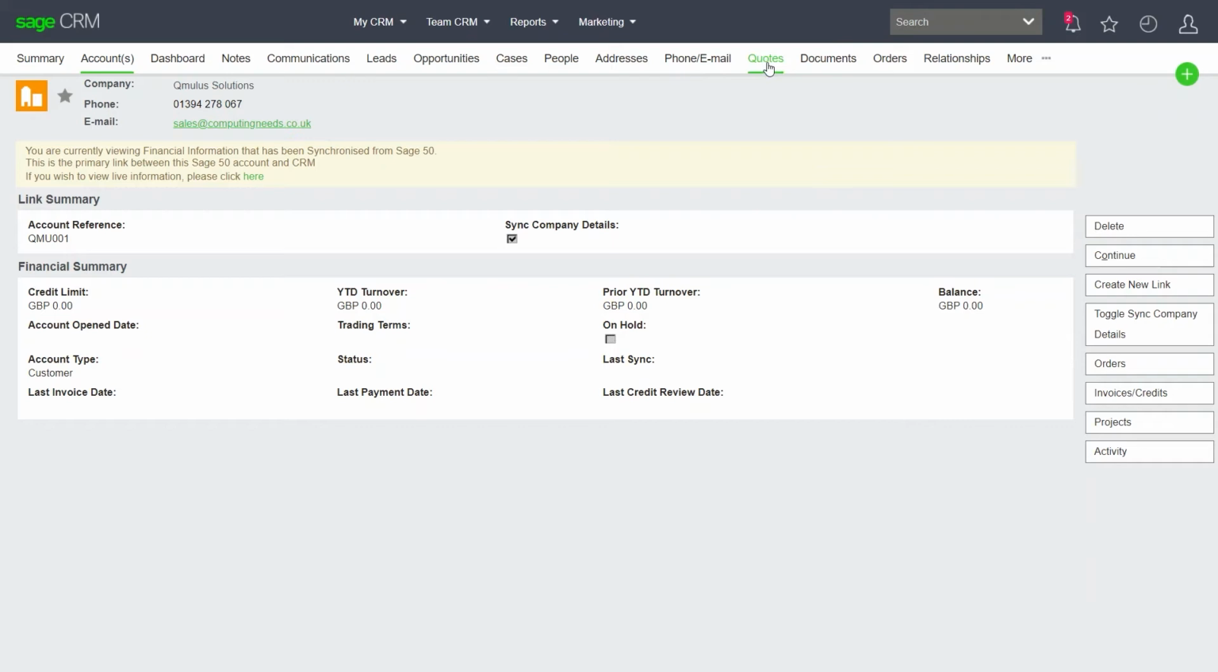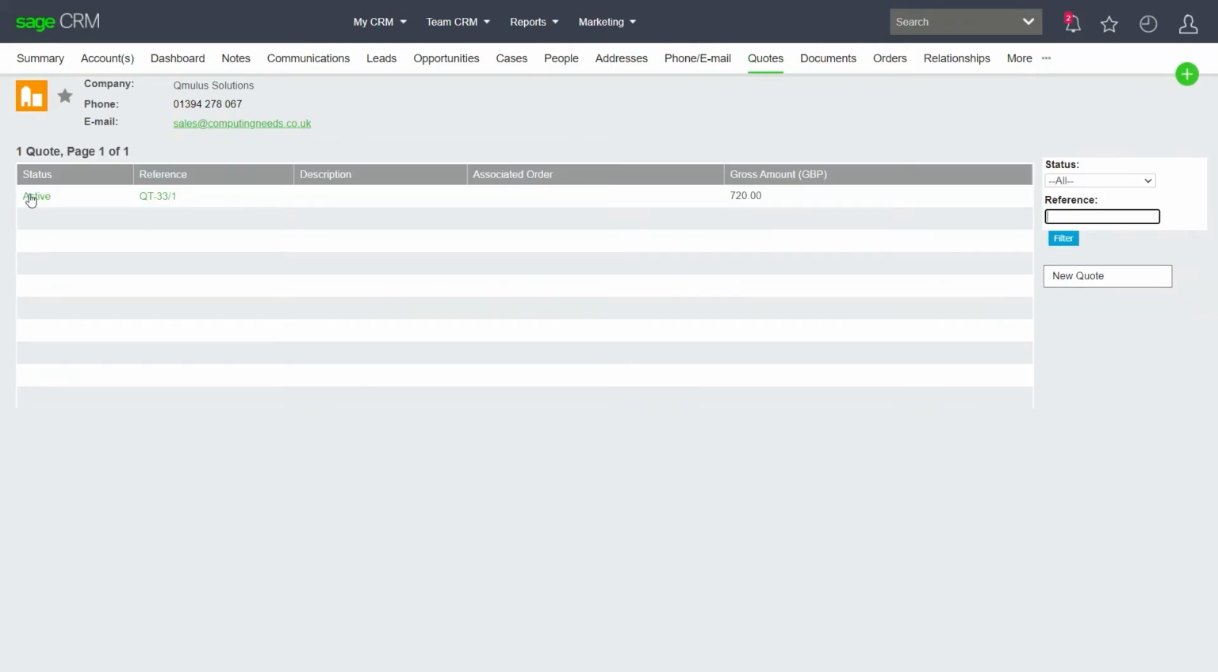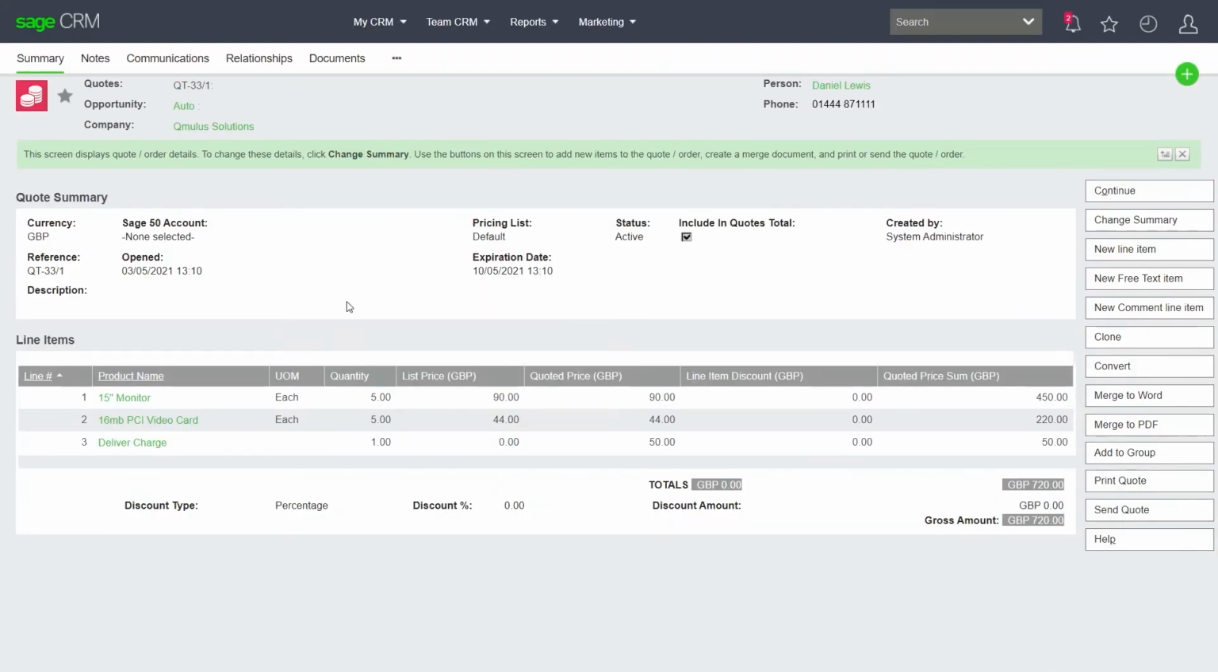Now, if I come onto my quotes tab, which is added in as part of this integration so that you don't need to go into each individual opportunity, you can actually view quotes and orders directly from the company screen. I can go into the accounts, the quote tab here, see the various different details, and now when I click